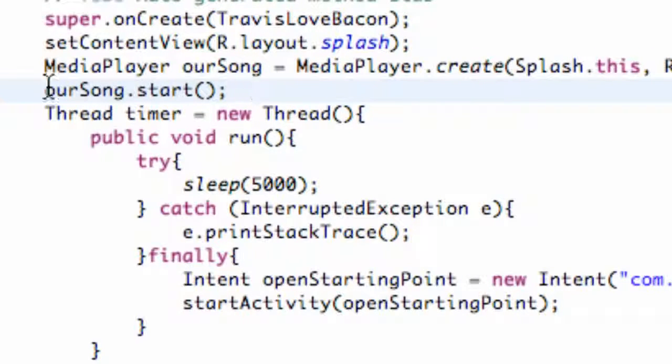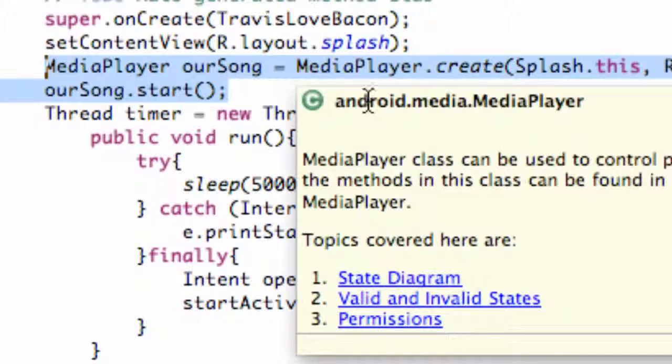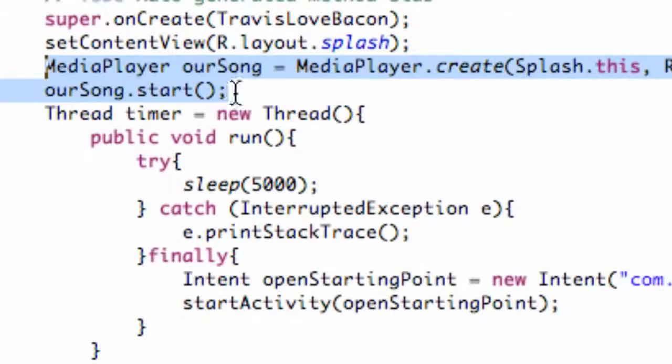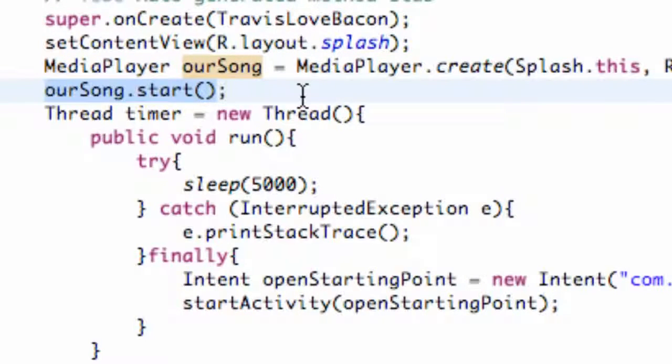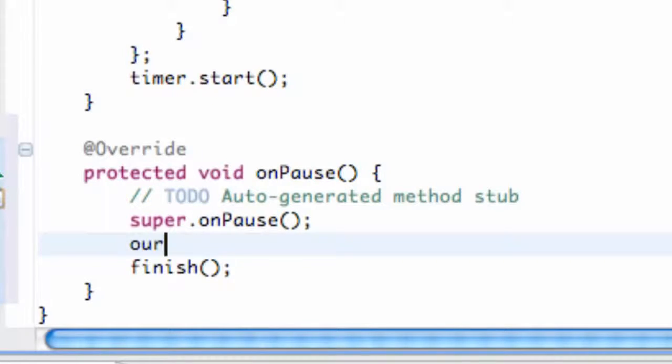It's going to run, but let's say, for example, the sound clip's like 20 seconds long. We don't want that sound clip to carry over into our next activity. And also, guys, I'm sorry, just before I forget, you want to define this variable and start it below the set content view, just for good habit. So do that, and then we're going to start our sound, but like I said, we don't want it to carry over to the next class. So what you guys might be thinking is, before this finish method, we can say our song dot, and then